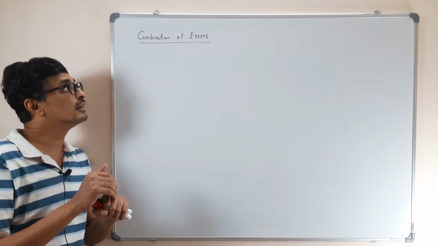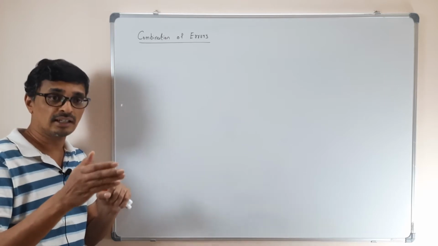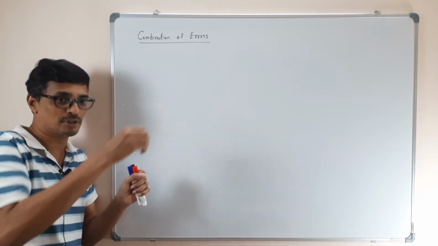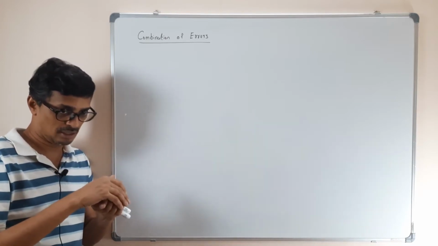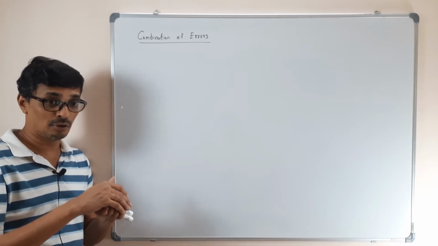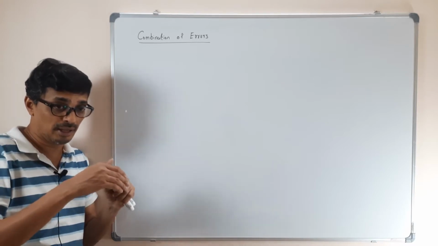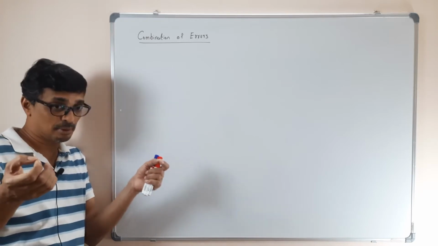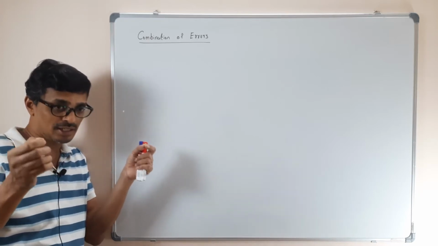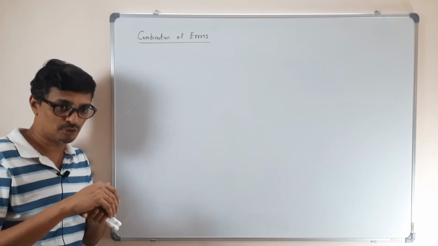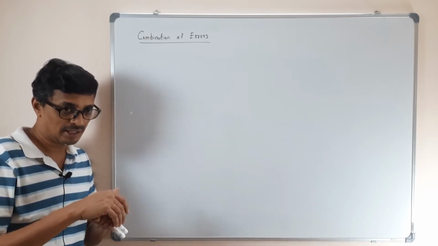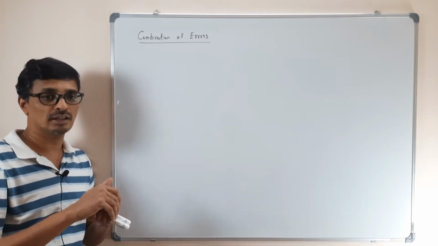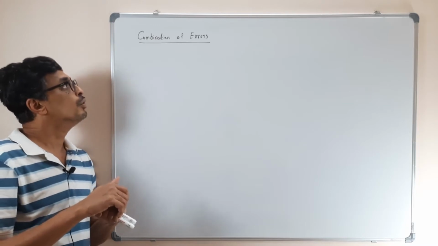Then we defined the absolute error, that's the deviation of every measurement from the most probable measurement. If you did n experiments, you will have n absolute errors, and the average of all those n absolute errors is actually the error in the most probable value. And then we saw about the relative error and all those things. Okay, so now,